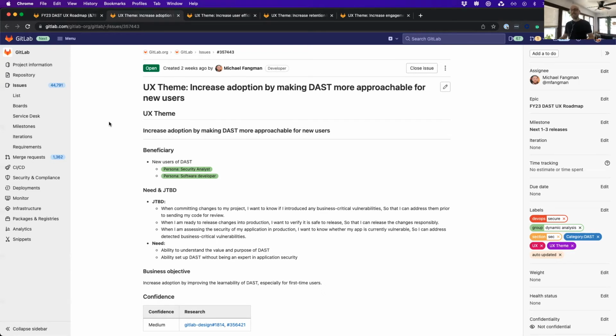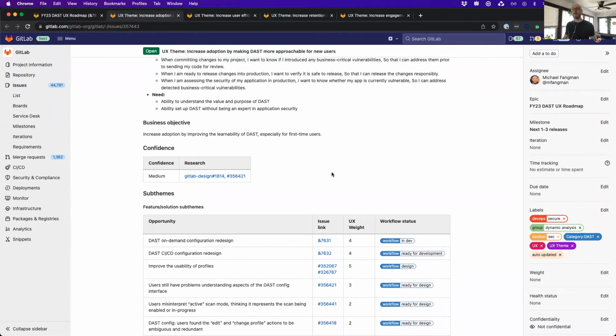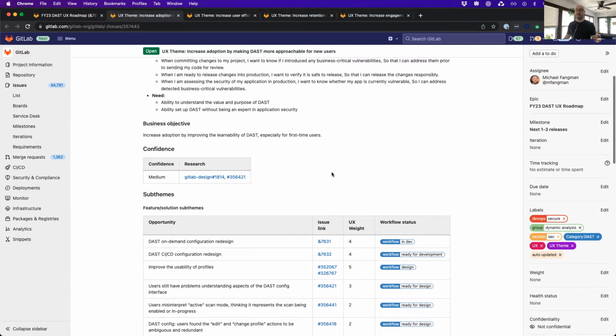And by addressing these needs, we feel that we will increase adoption, making DAST just more learnable and usable for first-time users. So we have a pretty, I'd say, medium to medium-high confidence in this theme. We do have some research that we've done that helps factor into that confidence level. I still think there's probably a little bit more we can do to feed into how we want to address